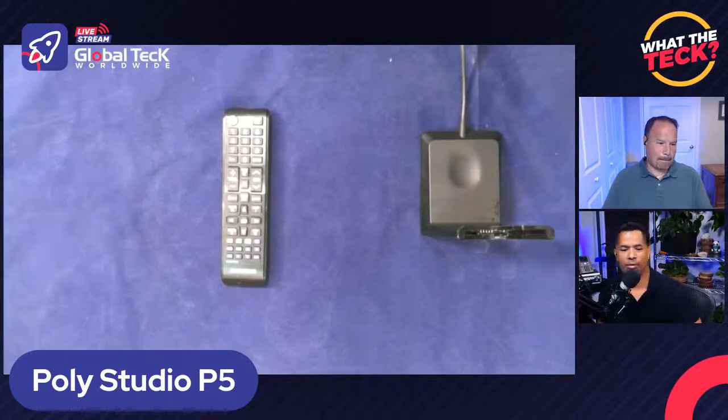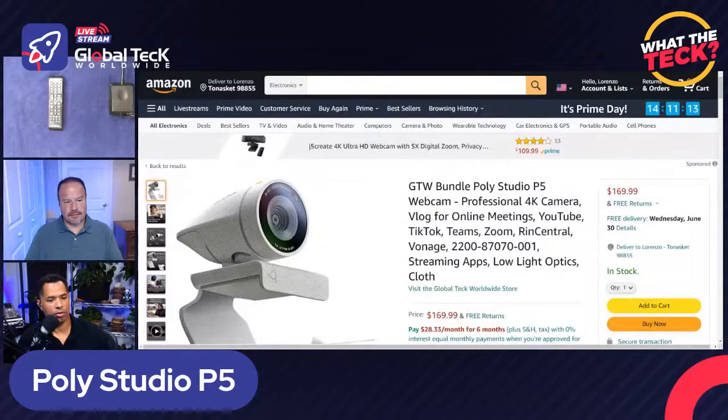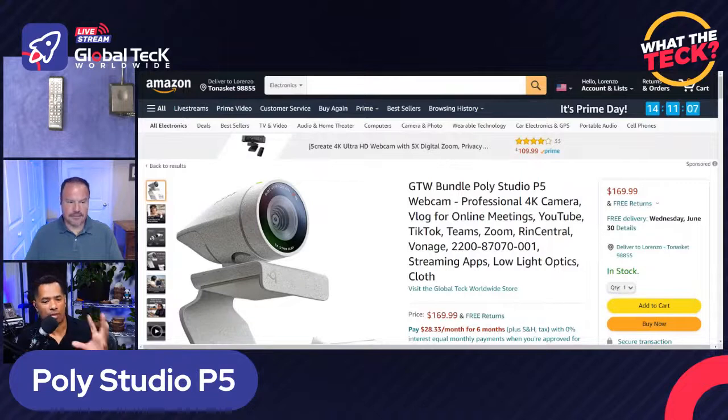Why don't we roll some of that footage? Yeah, there we go. Let's go to the listing. So the P5. Let's start off with that. The listing. So it's an under $200 webcam. So with that, you're going to get an exceptionally great video in this price point for something that can deliver